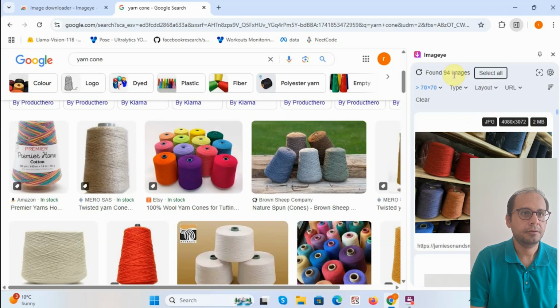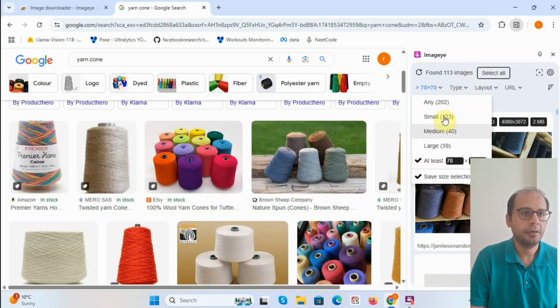Now it counts. So I chose the ones which are at least 70 by 70 in width and height. As you can see, there are 142 images,